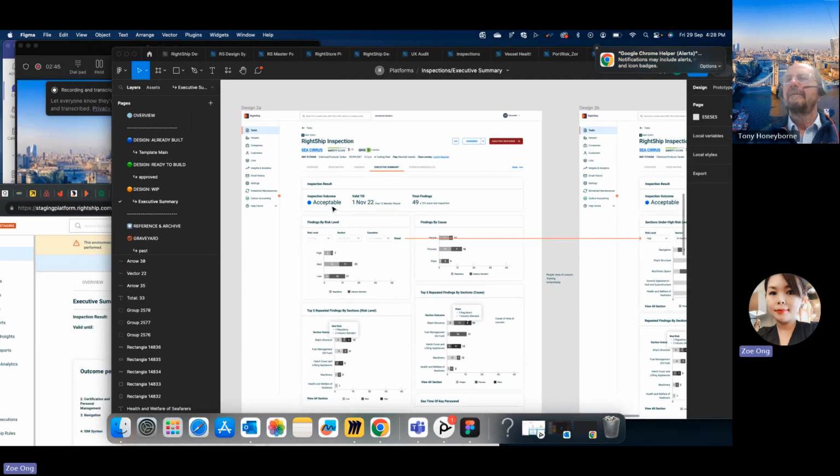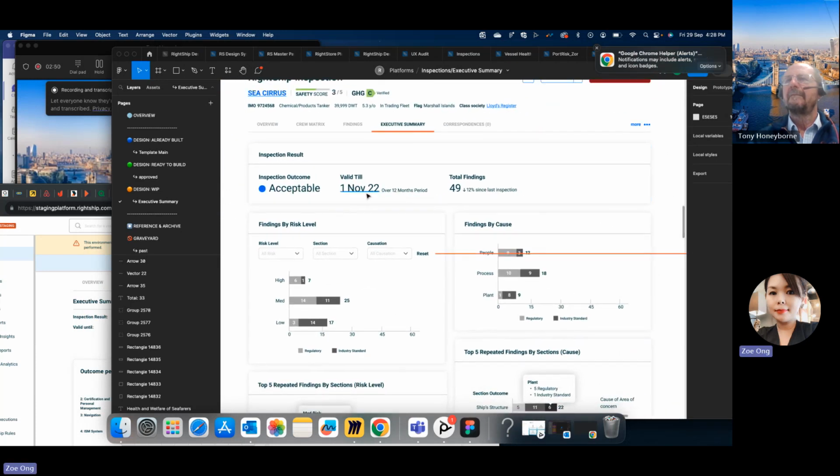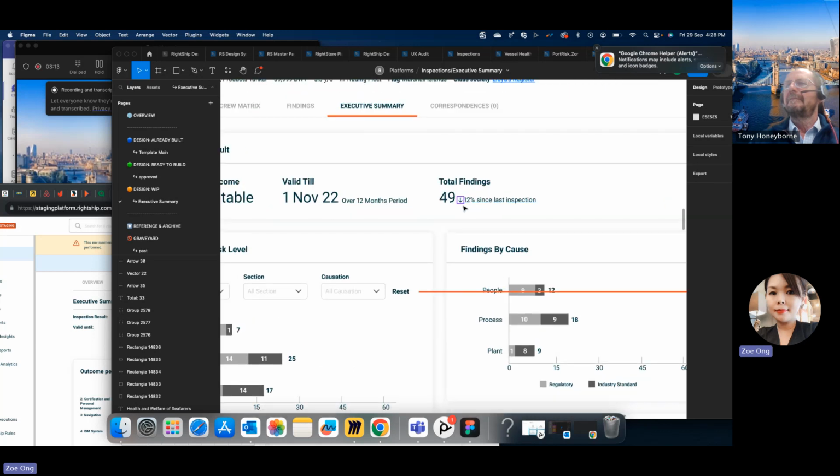So what you see at the top is the inspection outcome, which in this case is acceptable. It's valid till, for example, November 22, over a 12-month period. The total number of findings for this vessel is 49, and the percentage here shows that there